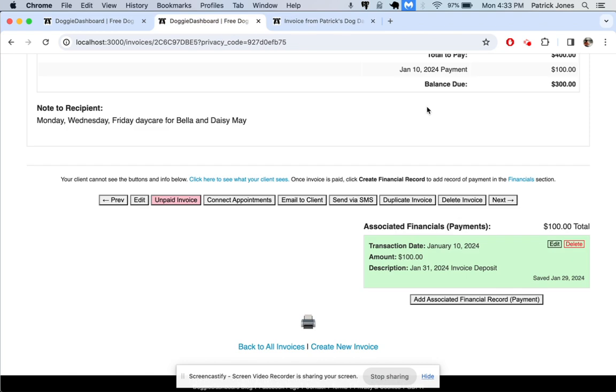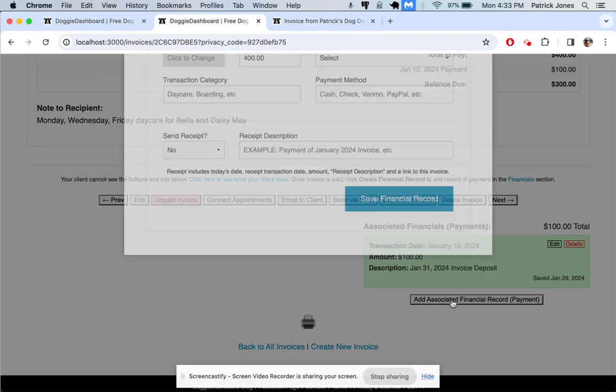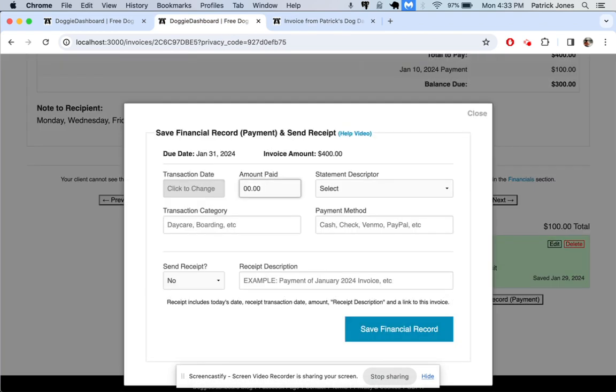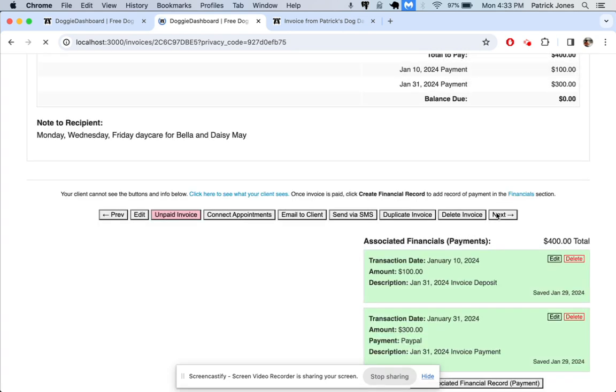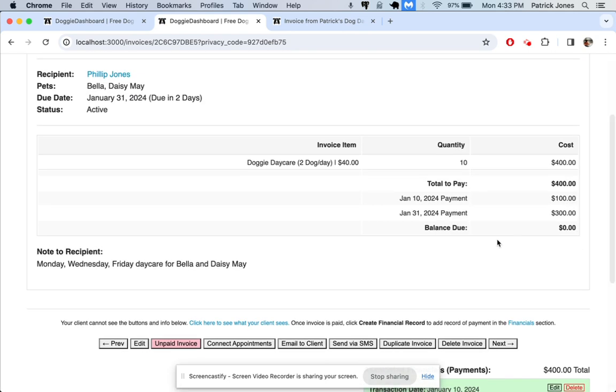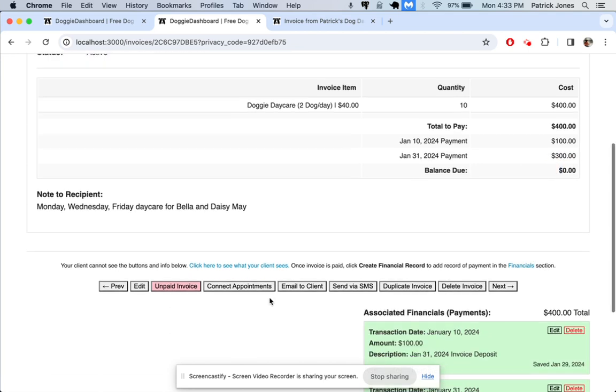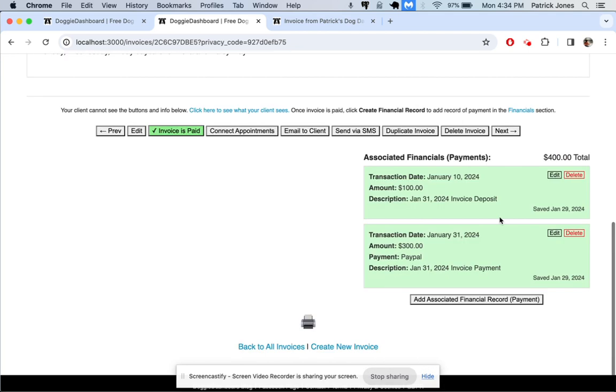So let's imagine when they finally pay us the 300 on the 31st of the month, we'll put the 31st here. It was an invoice payment, and let's say they paid via PayPal. We're going to save this financial record. And now you can see right here that the balance due is now 0. This invoice has been paid. We're going to mark it as paid right there. We have two payments connected to this invoice, one for 100 on the January 10th payment, and then the 300